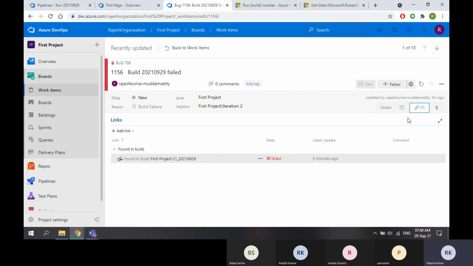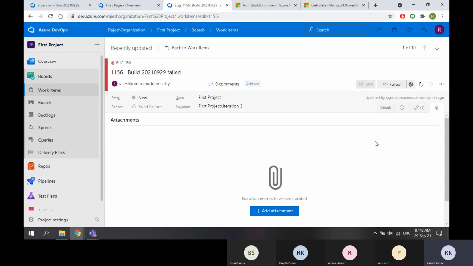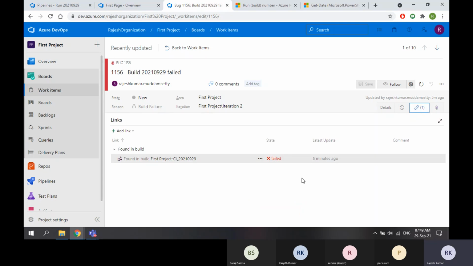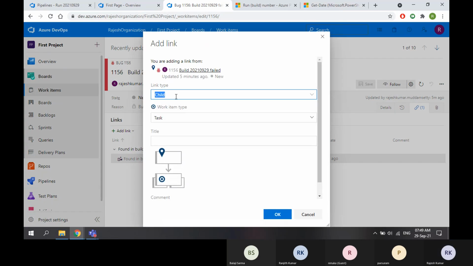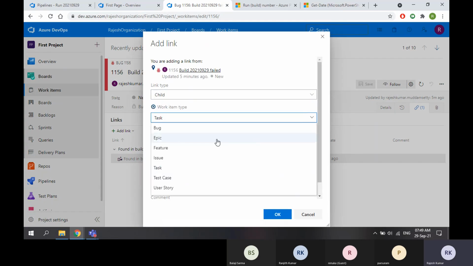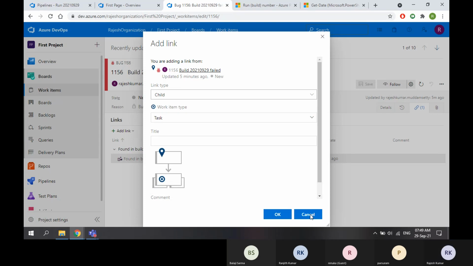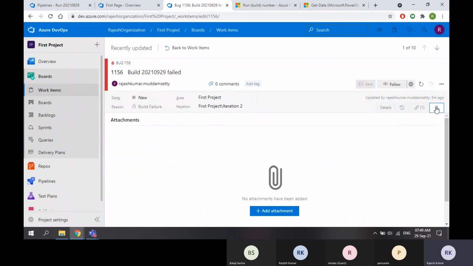Sometimes people used to get confused with the links and attachments. Both are different, guys. People will say attachment is nothing but linking a document, right? No. Attachment is uploading a document, not linking. Linking means you are linking something which already exists, or you are creating something new. So, existing item or new item. The new item is most probably a work item only. So links are to work items. Attachments can be anything, a file, a document, anything.